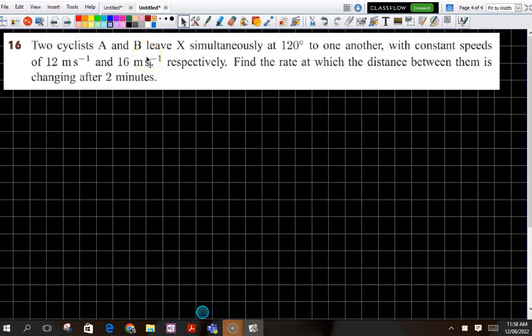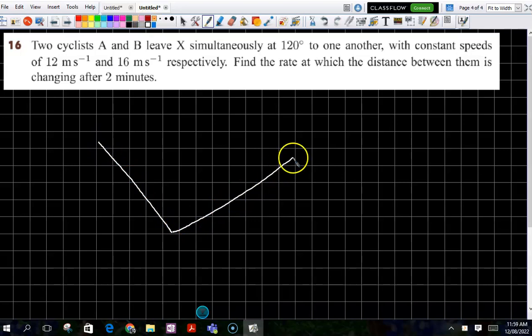So, two cyclists. Please have a read. Two cyclists, A and B, leaving simultaneously. We've got 120. One's probably going a little bit further because they're going faster, correct? And the distance between them,